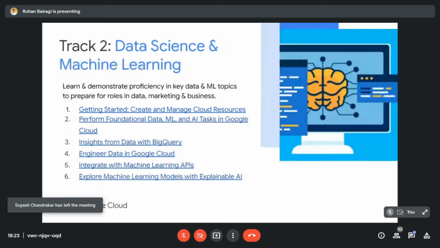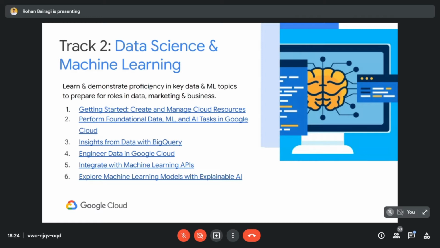The second track is the data science and ML track, where you will learn about machine learning and how to use the cloud for machine learning. Track 2 also has 6 quests, and each quest has about 7 to 8 labs.